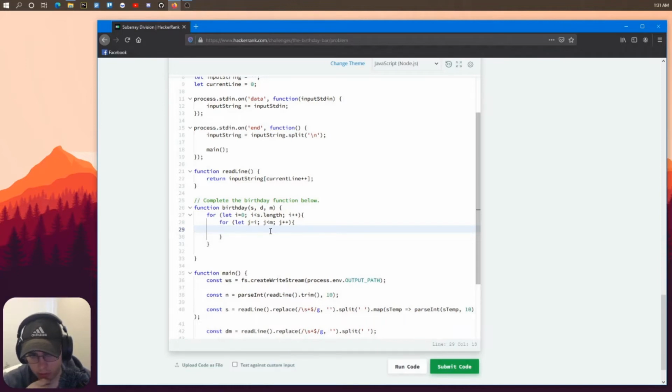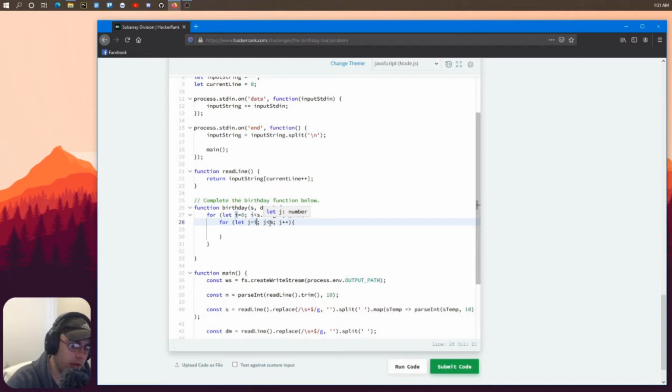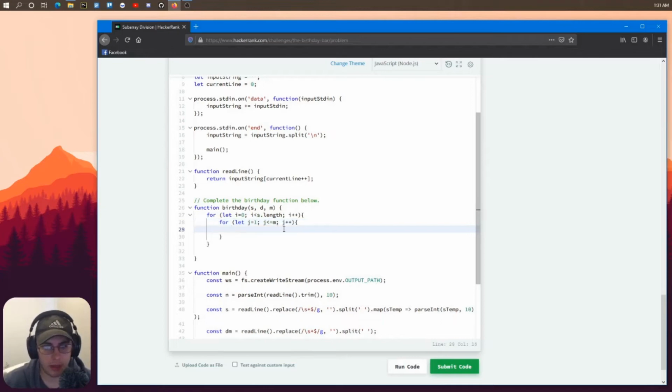J is less than m. Oh, no. J can be 0. Or j could be 1. J is less than or equal to m. We're going to use j to add to I because we're counting up a certain amount of numbers. Okay. So we also want to keep track of